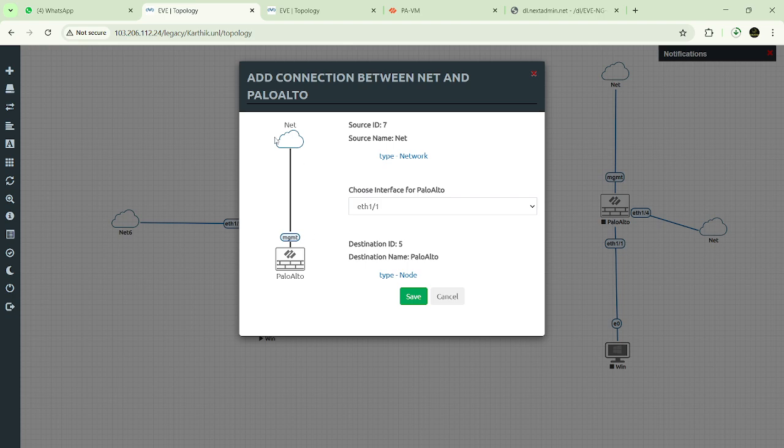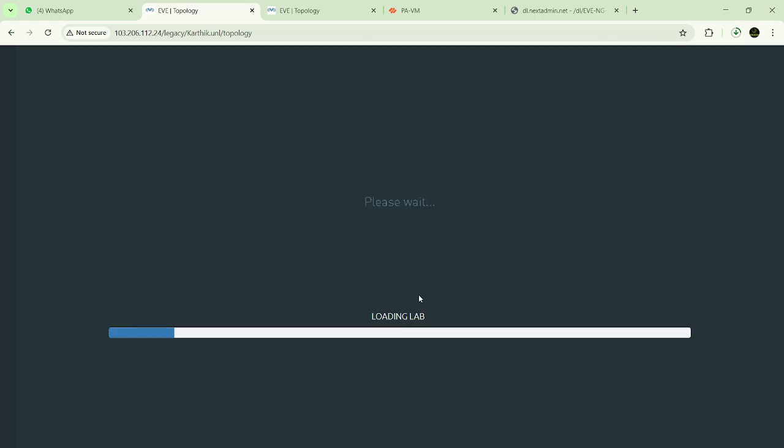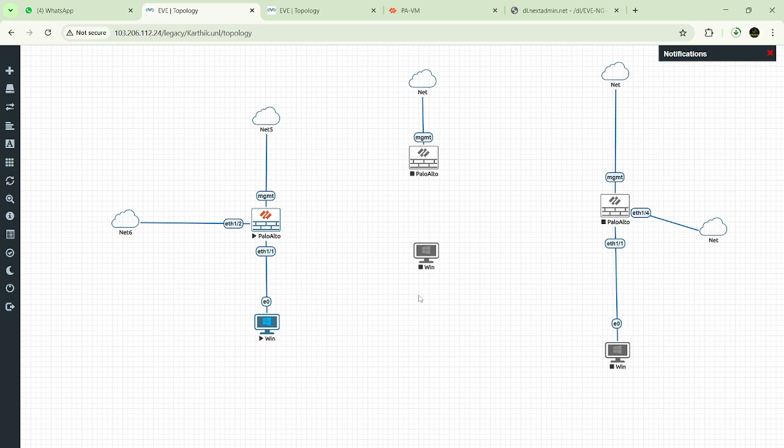In the drop down, you will see Ethernet 1, Ethernet 2, Ethernet 3, and management. I want to use this cloud for management access, so I'm connecting to the management interface of the firewall. Just click on save. It will be connected, and I need to connect this firewall to the